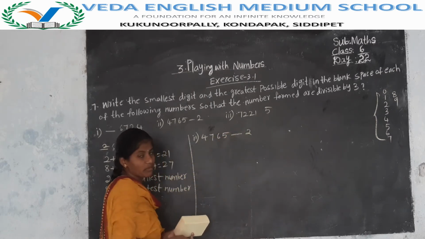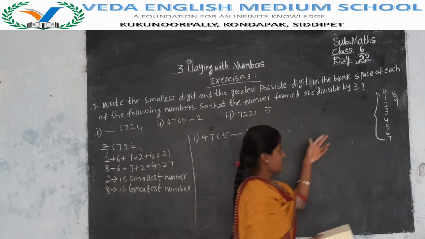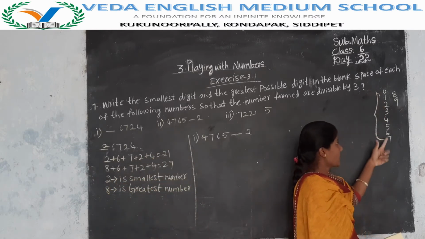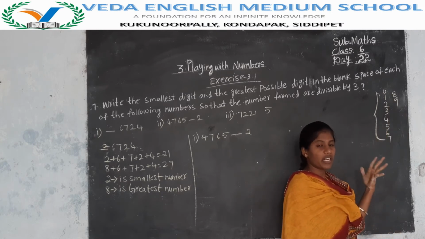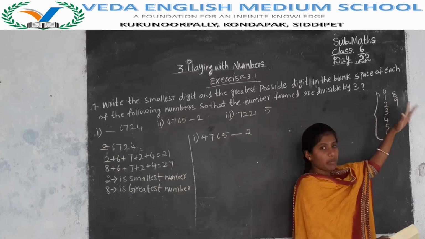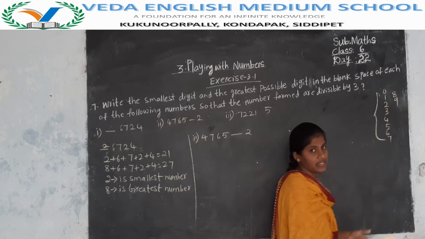Then which is the smallest number? First we will try for that. Now see, if you go from here to here, these are the smallest numbers, in small to big order. Then after that we will get the smaller number. Smaller number again, what we will do is try the reverse. Let us try the greater possible digit. Then we will get it easily.